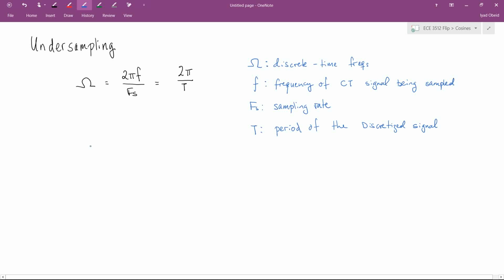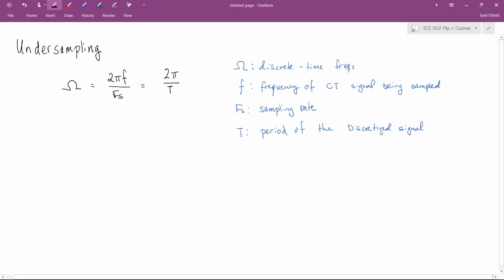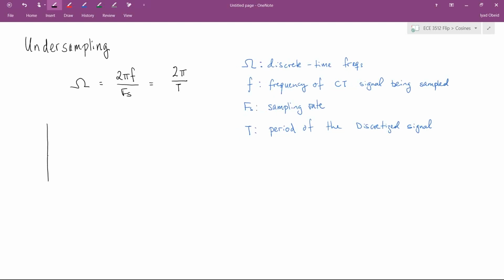In this video, we'll introduce the concept of undersampling, which is also known as aliasing. We learned previously that when you're sampling a signal, you start with a continuous time signal at some frequency, and then you take samples at a certain rate, and what you're left with is a discrete time signal. If you've done your sampling properly, it'll be possible to take the list of samples that you generate and to recreate the original signal. So for example, if you had some signal that looked like this,